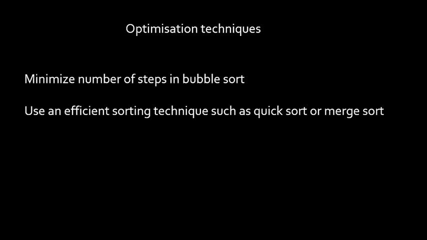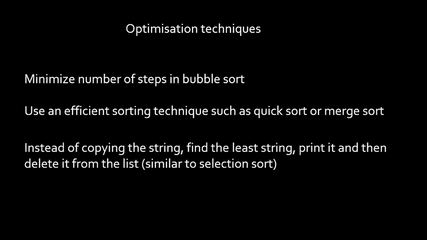Yes, what you can do is, from the list of words, choose the least word. If you have Chandler, Joey, and Ross, choose Chandler. He is the first name. Yes, print Chandler to the output, then delete it from the list. Okay, instead of copying it and sorting it, choose the word that comes first in ascending order. Choose the alphabetically first word, print it to the output and delete it. Don't copy it anywhere, don't store it anywhere. Print it to the output, delete it. Take the next word, print it to the output and delete it, which is similar to selection sort. Okay, so instead of copying, you can find the least string, print it and delete it.